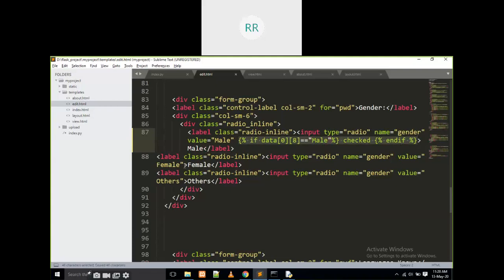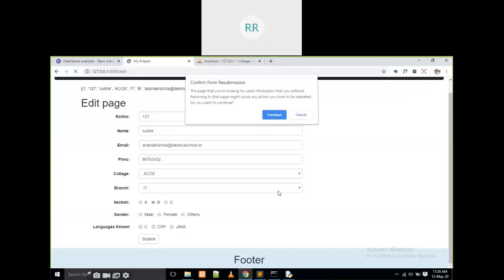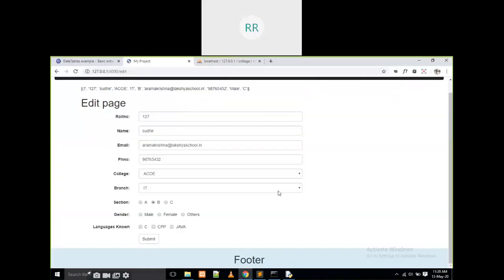If it is going to be female, it is going to be checked. If it is going to be others, it is going to be checked. If I use it like this, yes, male is going to be selected.